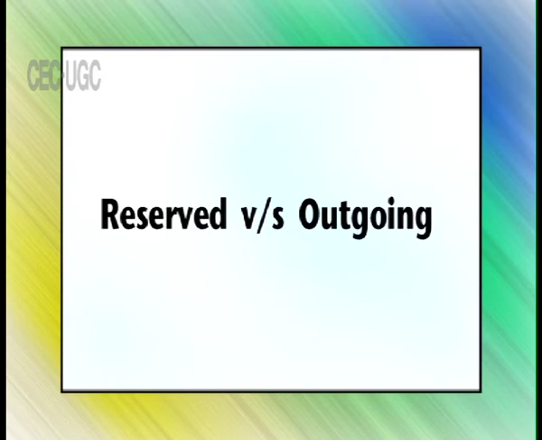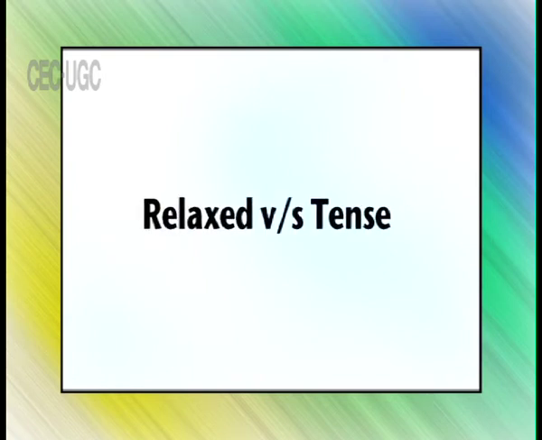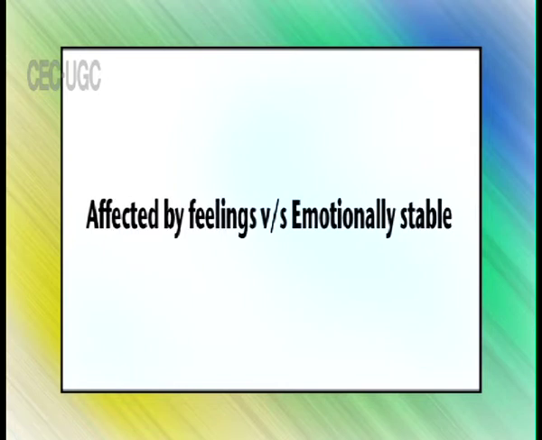Further developments in Cattell's trait approach. Further research in the field of trait conception of personality has highlighted the repetition and similarity of the terms used by Cattell for describing human behavior in terms of 16 dimensions. For example, there stands much similarity and high correlation between the traits represented by factor 1, reserved versus outgoing, and 16, relaxed versus tense, and also by factor 3, affected by feelings versus emotionally stable, and 7, timid